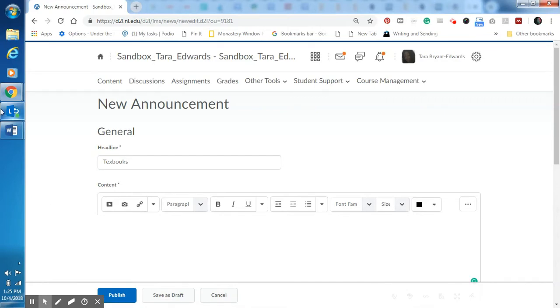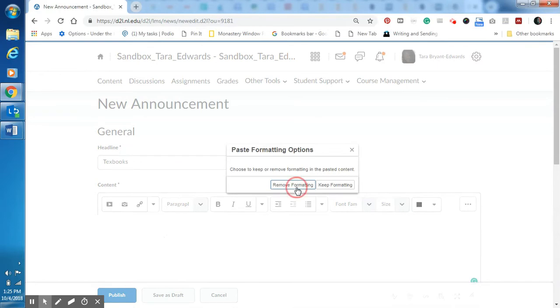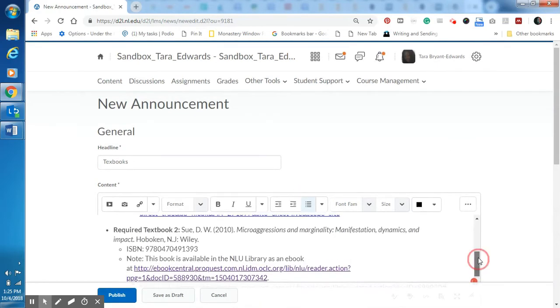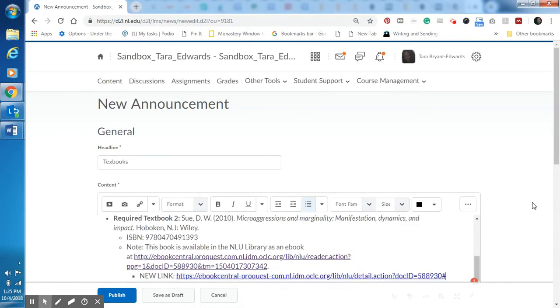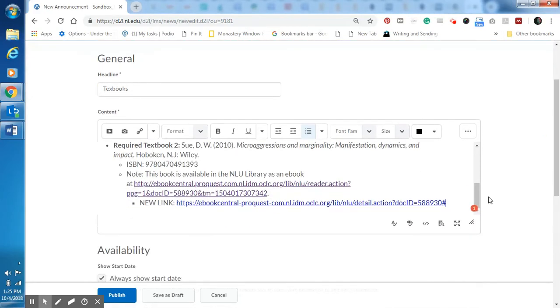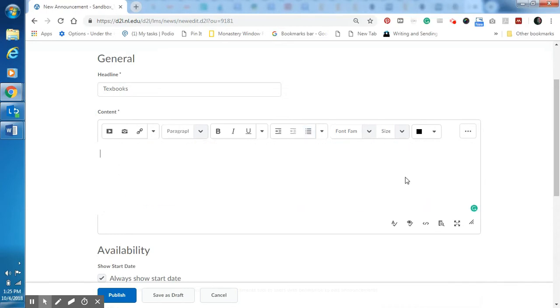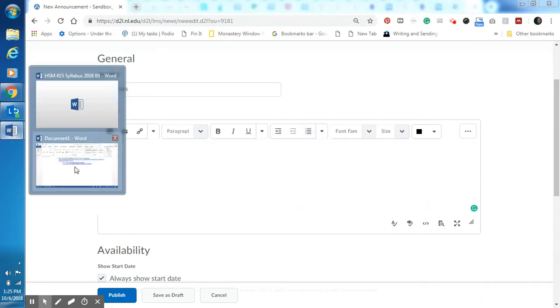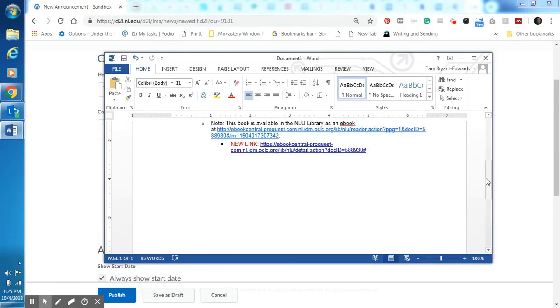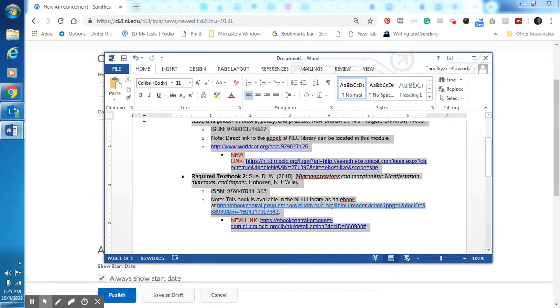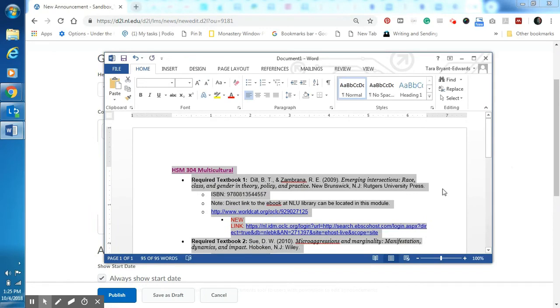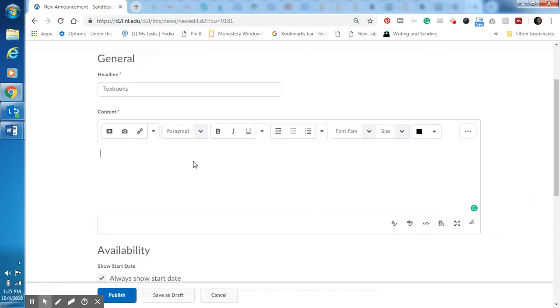And in this case, I will just basically copy and paste some information that I had already saved about the textbooks in this course. So I've pasted that information. Or maybe I'll just show you how I did that just to go through the steps. So basically, I had a Word document that had textbook information in it, like some new links we needed to update. So I'm just copying that whole piece of information,